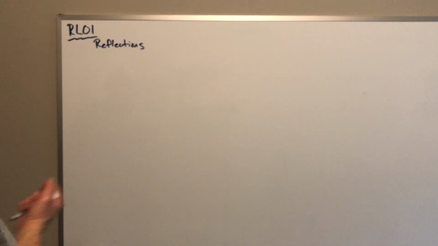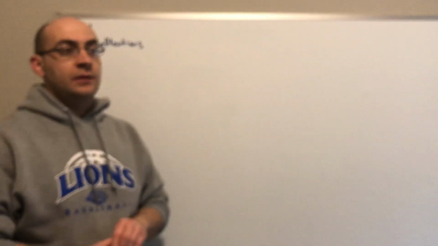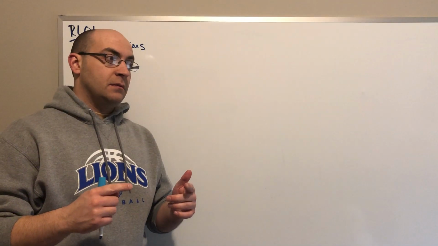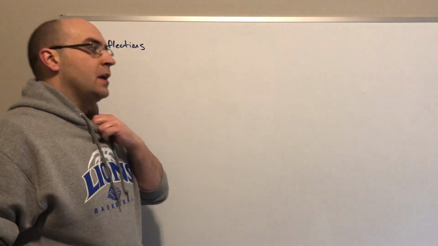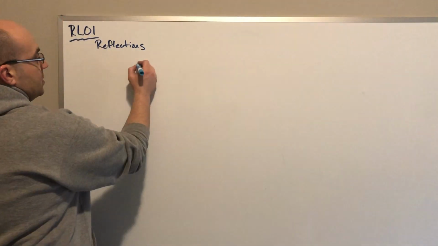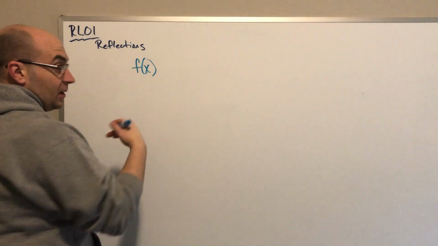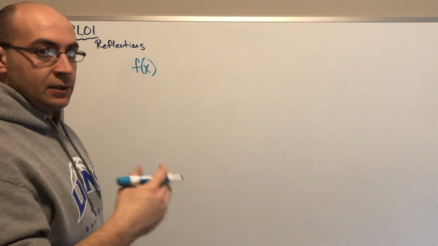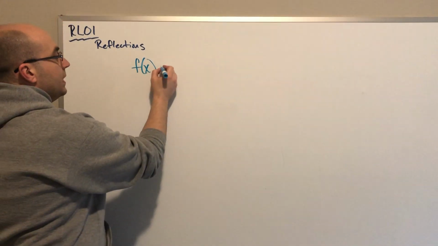So when we talk about reflections on the coordinate plane with quadratic functions or functions in general, we have to remember two very simple rules. So whatever the function is, let's just call it f of x. It could be anything, quadratic, exponential, linear, doesn't matter, okay? When it turns into,